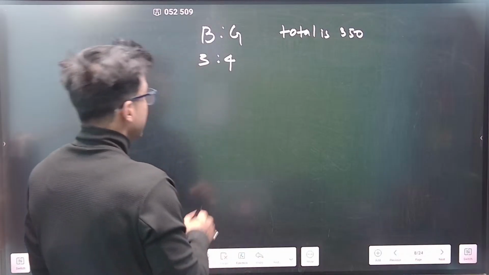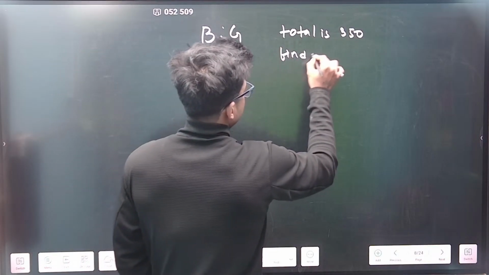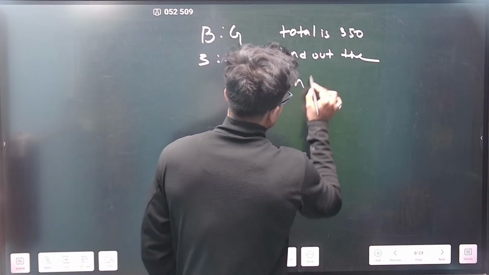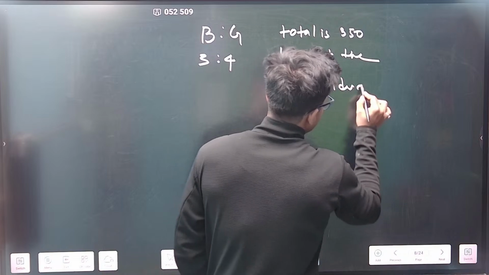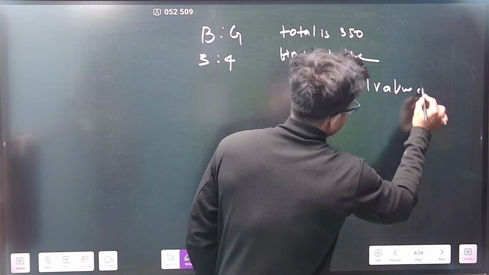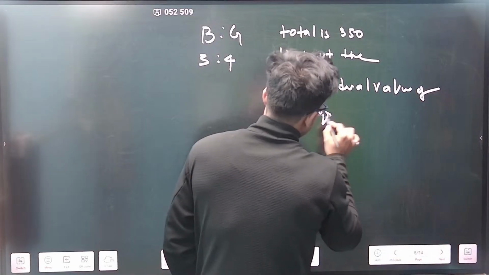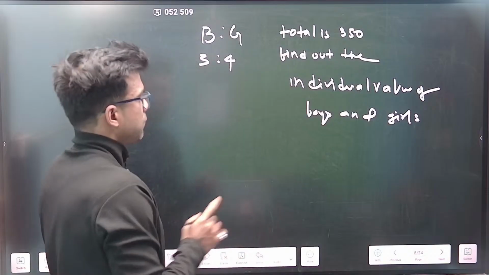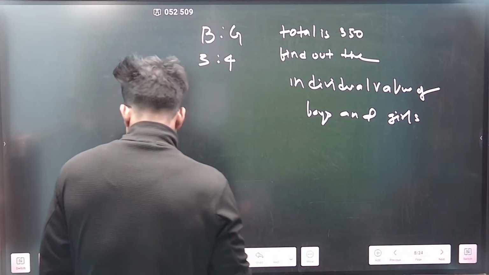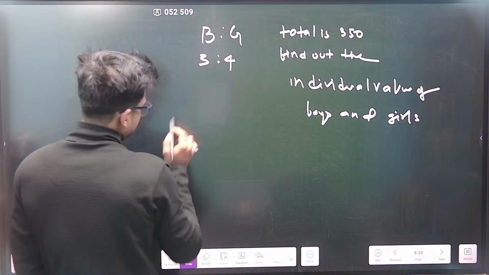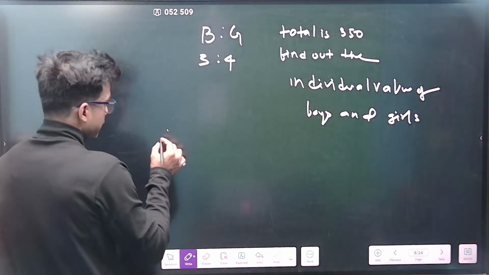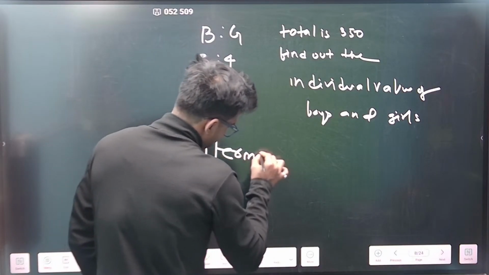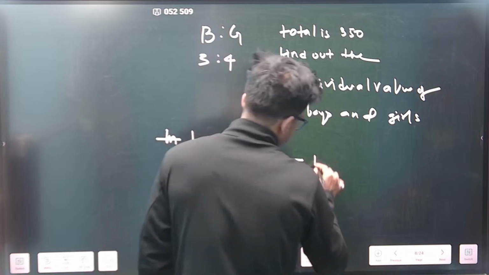Find out the individual values of boys and girls. How can we figure it out? Now see, the point is in terms of ratio. Again, I'll write the point. In terms of ratio,